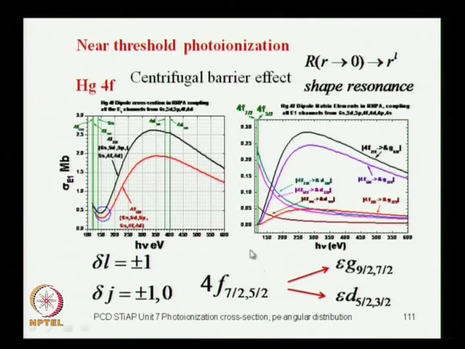Now what happens is that the centrifugal barrier for the G waves is much larger. You know what centrifugal barrier it is. In the hydrogen atom radial equation we had this term L into L plus 1 by R square, right. So that is the one which is referred to as the centrifugal barrier potential. It is a pseudo potential, it comes because of the reduction of the 3-dimensional problem to this 1-dimensional radial equation,